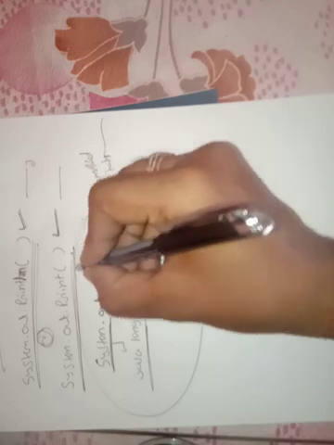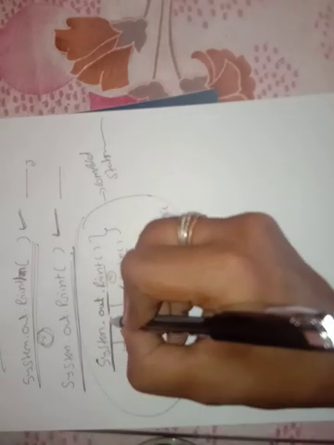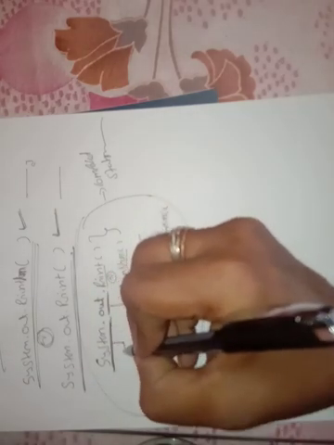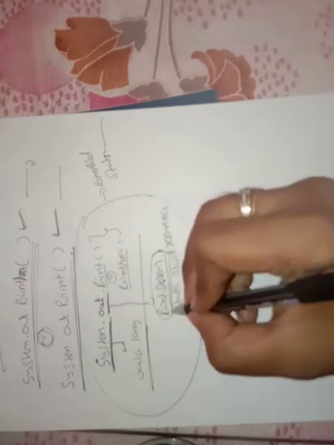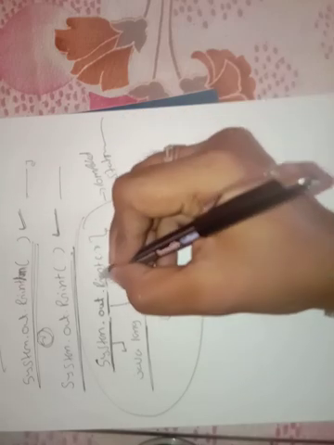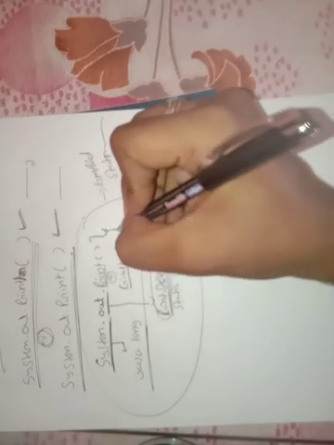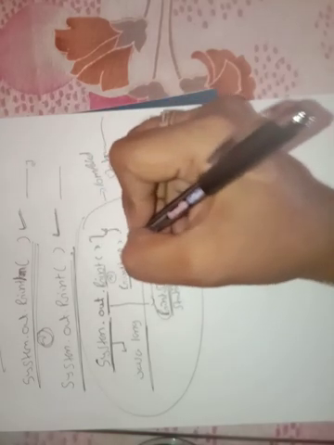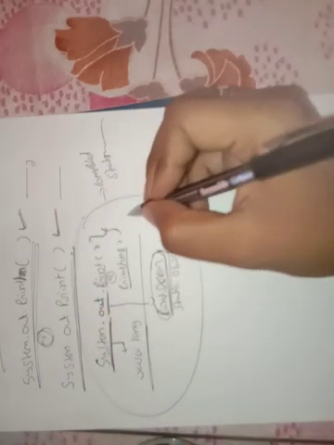Just remember it. When an interview asks the question, explain about System.out.print or println, you have to explain like this. System is a class. It is present in the java.lang package. Out is the static object reference of the PrintStream class. Print and println are the overloaded methods which are present in the PrintStream class. When I use these two statements, they print the output in the console. Okay, this is about System.out.println.